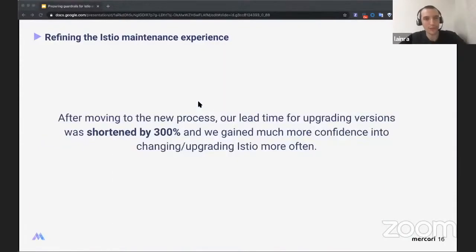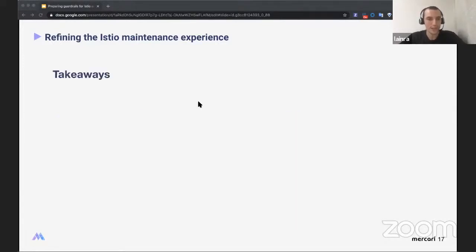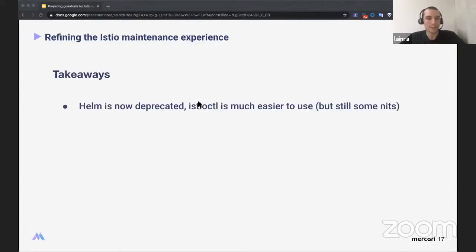So after moving to the new process, our lead time for upgrading versions was shortened by 300%. And we really gained much more confidence in changing and upgrading Istio more often. So about the takeaways on refining the Istio maintenance experience, the first is that Helm is now deprecated and istioctl is much easier to use, but still room for improvement. kubectl apply, so the raw manifest approach, is too costly to maintain, so it would be better to use istioctl